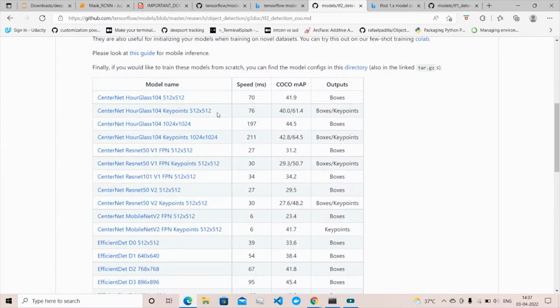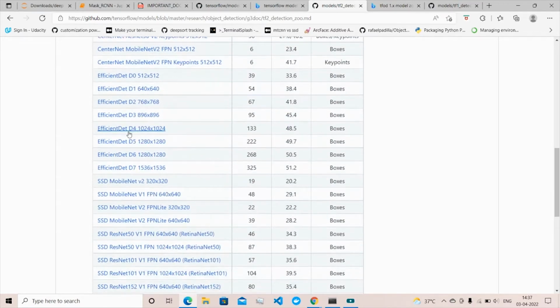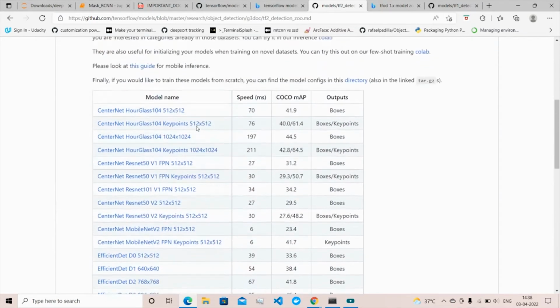Here they are having the pre-trained CenterNet and EfficientDet, which is maybe one of the favorite algorithms, where they use a compound scaling and increase the width, height, and depth of the network with the available resources, and they have used a neural architecture search to find the EfficientNet, which uses MBConv as a backbone. So next,